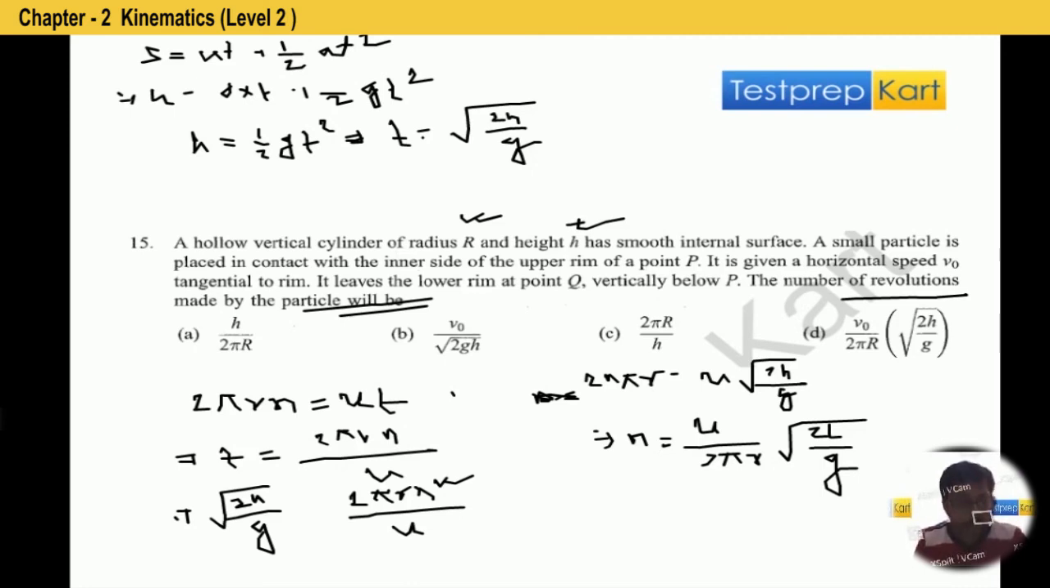We have taken it as u, but you can also consider it as v naught. There is no problem. So if it is v naught, just write down the v naught over here. So v naught by 2 pi r root over 2h by g. Only one option is correct. That is answer